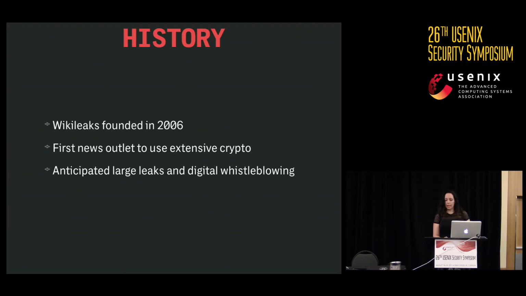And so the history of, I guess, computer security-oriented reporting kind of started with WikiLeaks, right? They anticipated these huge leaks. They anticipated that pervasive crypto was going to be necessary for people in order to make changes against their government because governments were going to crack down and it was going to take place digitally. And they were also one of the first news outlets to use a Tor hidden service to receive submissions. And eventually now we see that that's much more common with SecureDrop. Basically every respectable news site has a SecureDrop instance where they can receive leaks.